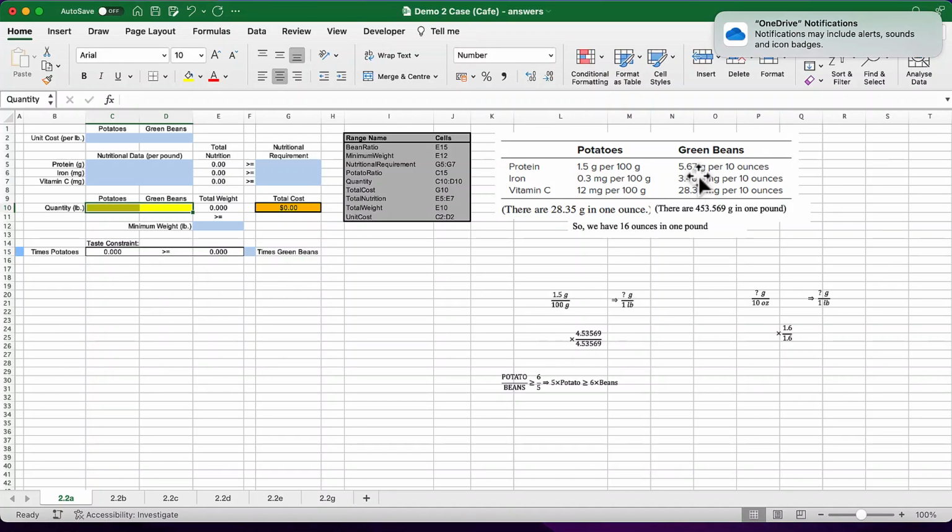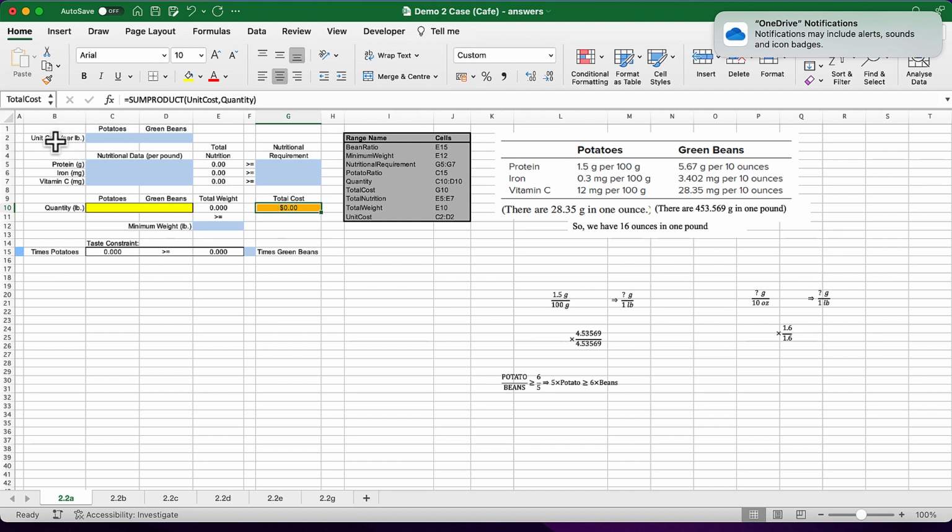Alright, so in this video, I'm going to show you how you can fill in the Excel spreadsheet where some of the parameters are coming from the case study itself. Those would have been color coded in blue. The ones in yellow would be the decisions that you have to make that is part of evaluating the optimal quantity of potatoes and green beans such that you can minimize the total cost, which is the goal of the case study. All right. So without further ado, let's focus on the first item, which is the unit cost per